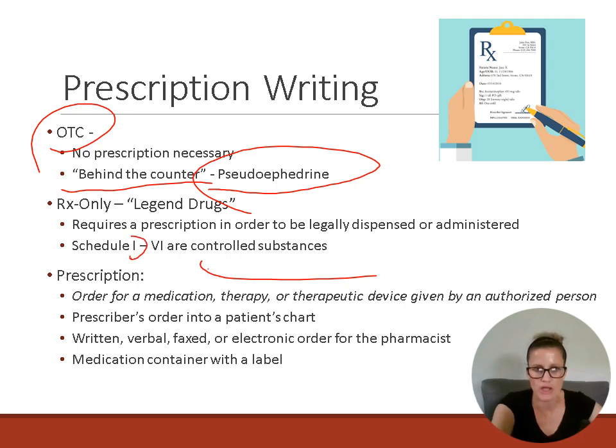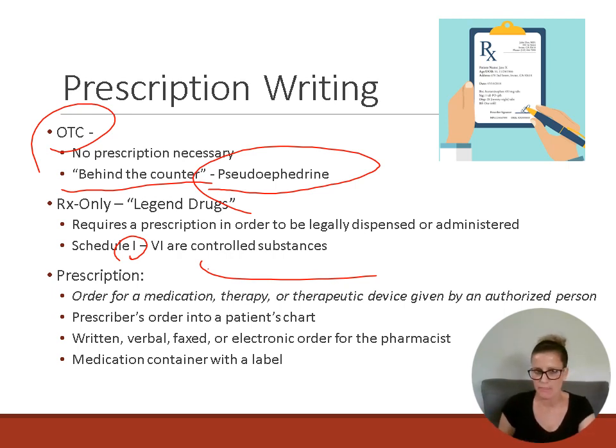Technically, Schedule 1 drugs are not prescription. These are controlled substances, addictive drugs that do not have any medical purpose, like methamphetamine. Methamphetamine is a Schedule 1 drug. But Schedule 2 through 6 are drugs that can be used as prescription medications, but they are addictive. They do have addictive potential, so we have more strict rules regarding how many we can dispense, refills, how they're